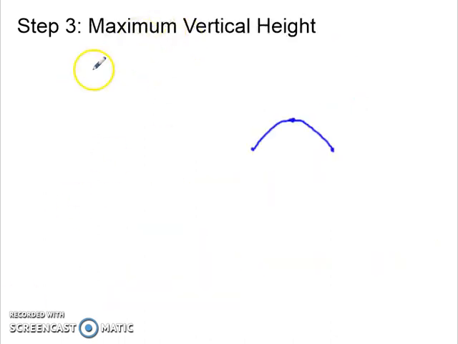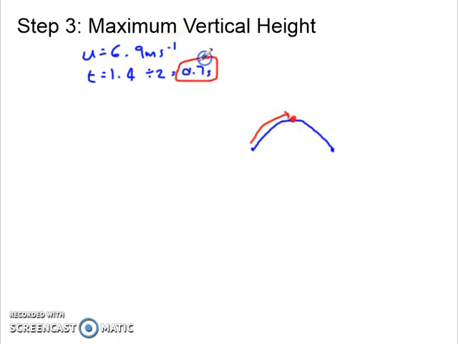So let's look at a bit of information from our previous question. We've got our initial velocity u is 6.9 meters per second, and our time was 1.4 seconds. I'm going to start by saying, well, 1.4 seconds is the time it takes to go from when it rockets off and then when it lands. If I take the time and divide it by 2, I get 0.7 seconds, which is the time it takes to go halfway, or the time it takes to reach its peak. So we're going to use this time in our equations,